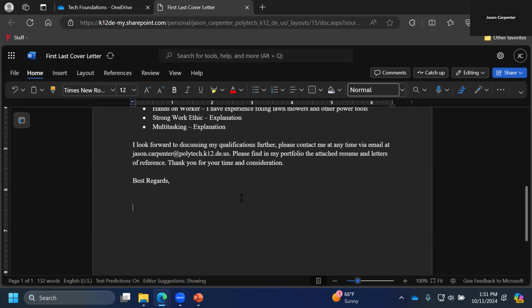So because it's a digital document, you're not going to actually physically sign this. So you're going to say Jason Carpenter, your name, Jason Carpenter again, and I'll explain why. And then after that, you're going to say freshman student and Polytech High School. And now the reason why I typed the name twice is the first one here,